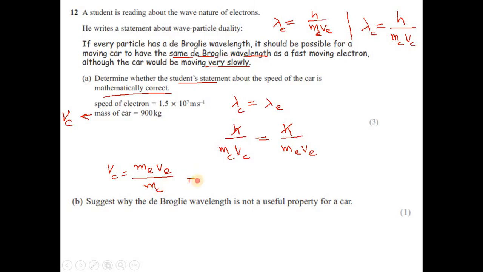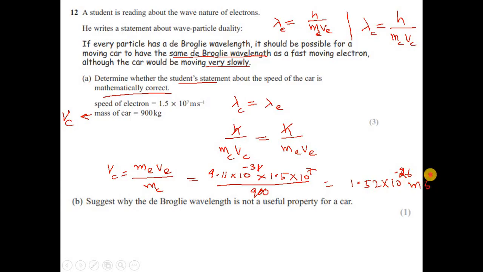So now you can substitute all the numbers. ME is the mass of electron. From your data sheet, you can find mass of electron, which is 9.11 times 10 to the power minus 31 kilogram, times the velocity of electron, which is 1.5 times 10 to the power 7, divided by the mass of the car, which is 900. If you solve this, the velocity of the car will be equal to 1.52 times 10 to the power minus 26